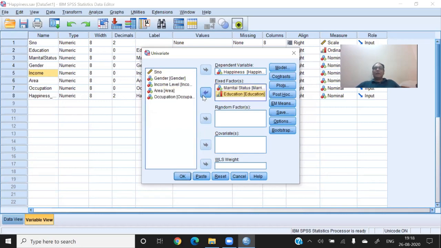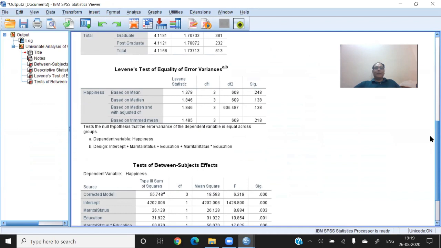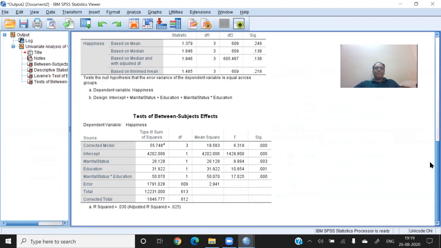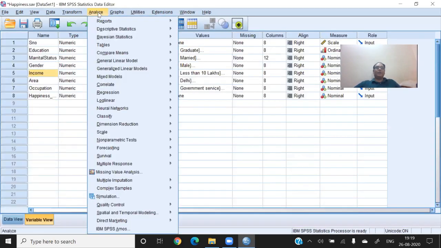So here I'm combining the marital status and the education, because in two-way ANOVA you can take only 2 variables. All the commands are already there, so I did not give any special command. Now first of all, I want to see whether my effect is significant. The Levene's test is showing that the assumption is fulfilled. Not a problem. I forgot to give one command, that is the plots, because they are very important.